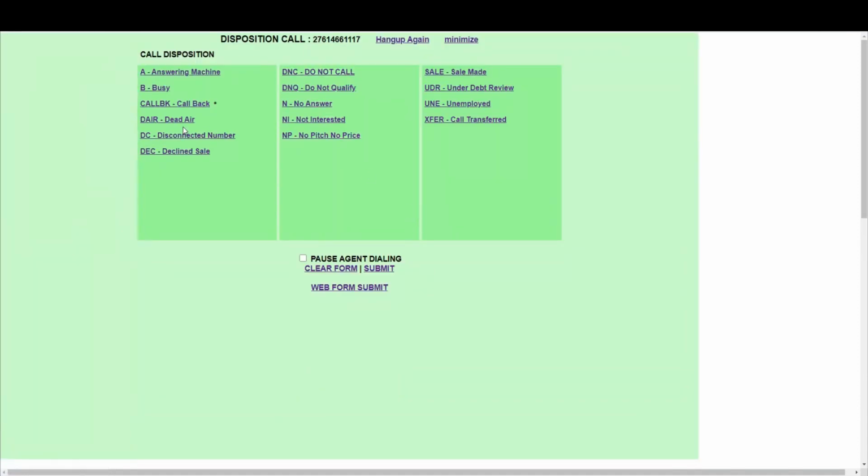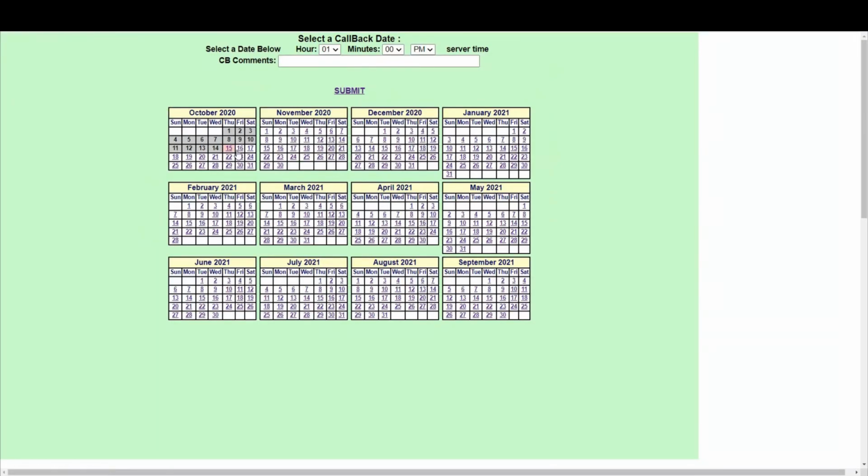So when you finish the lead, it asks for a call disposition, and what the client wanted was a callback, so it brings up a calendar for when the callback must be. It tells you tomorrow, so tomorrow is the 16th, and at what time? At 1 p.m. That's good. And then actually this client told us that he's interested, but he needs to talk to his wife. So we can put in here interested,